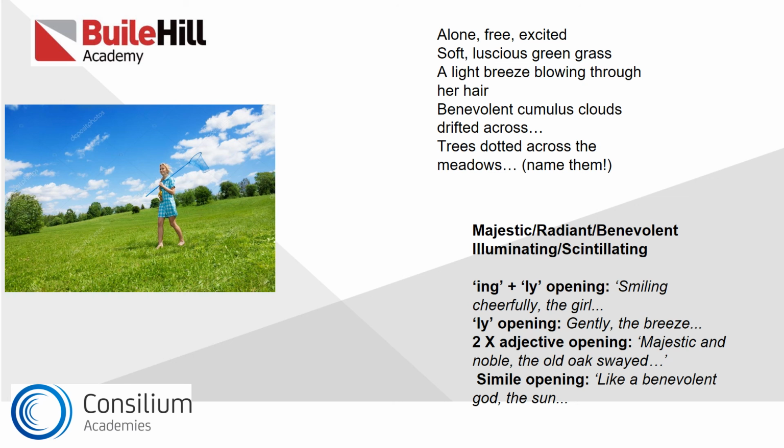We've got our series of five words. We've got majestic, radiant, benevolent, illuminating, and scintillating. You have the definitions from the notes. Again, I've asked you to think about how you structure your sentences. So this time, you're doing the exact same thing, but with a completely different atmosphere. So the previous dark, gloomy, wet weather created a much more lugubrious atmosphere. Now we've got this radiant and benevolent scene where the sun is illuminating the meadows that the girl is walking through. Therefore, our atmosphere is completely different.